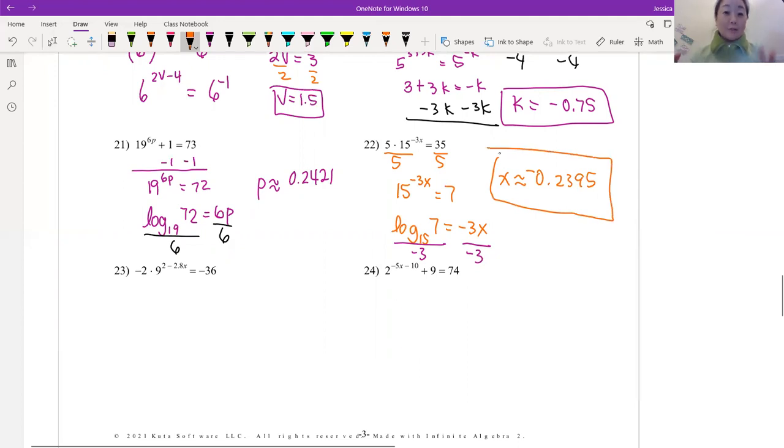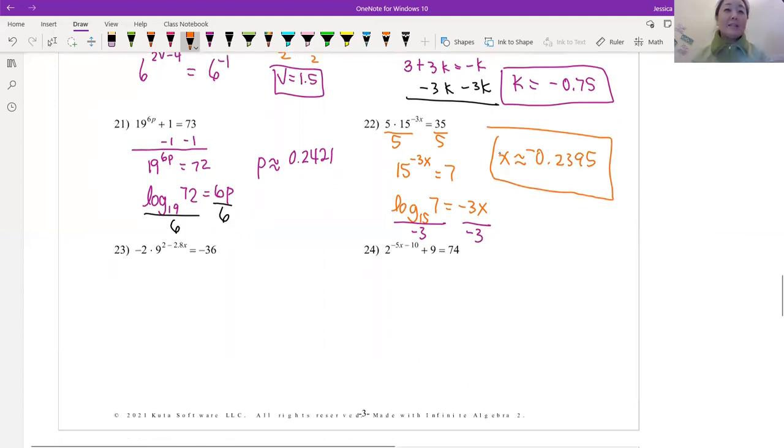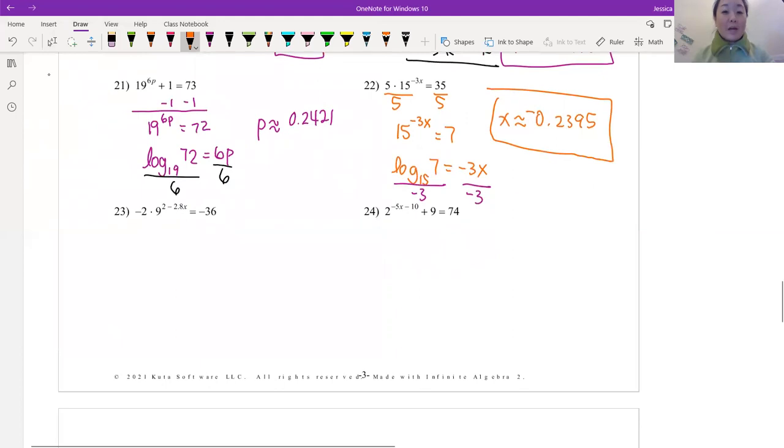So we've got 2 more problems. Again, try these problems by yourself if you have not already been doing that. All right. Again, the 9s can't have the same basis. Plus we have this -2, so we definitely need to get rid of that. But maybe we get the same basis after that. Let's find out. So we get 9 to the 2 minus 2.8x is equal to 2 goes in 36, 18